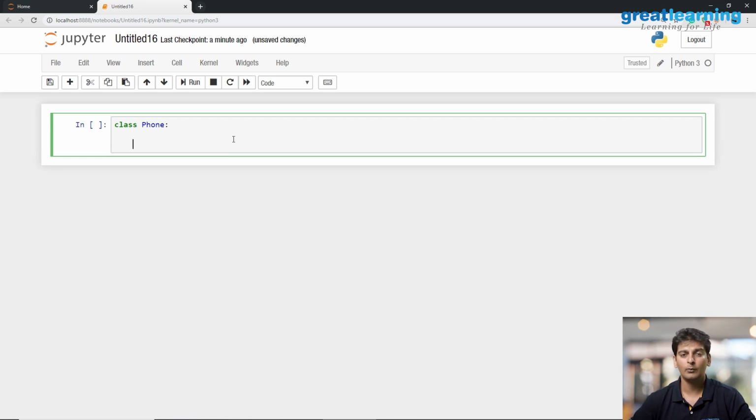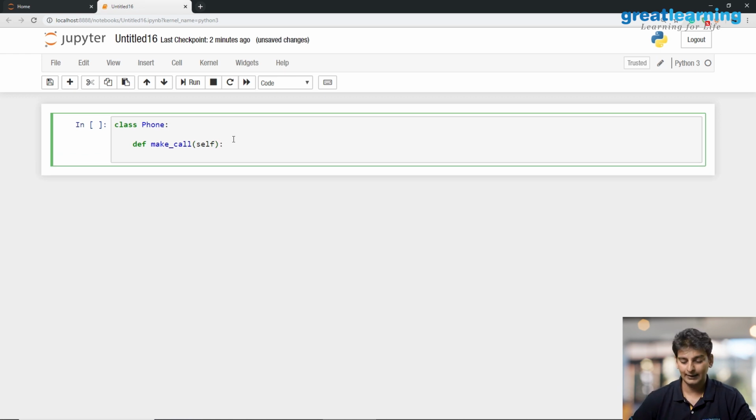So with the help of a phone, you can make phone calls and you can play games. So I'll start off by creating methods. The first method is to make a phone call, so I will name this method make_call. And then this will have something known as self. So this self basically means that this method belongs to the instance which invokes it. This might be a bit confusing, but once we actually create an instance of this class, it'll become very clear to you. So we have created this method, and when someone invokes this method, I'll just type in